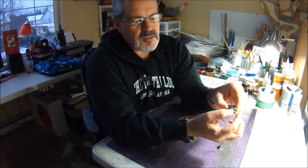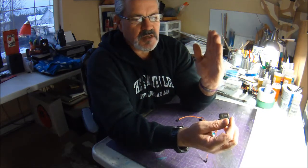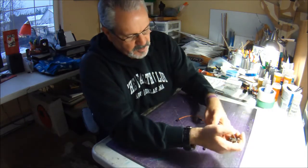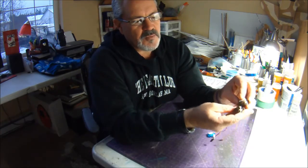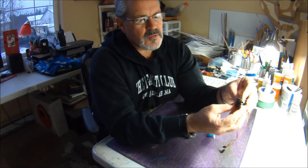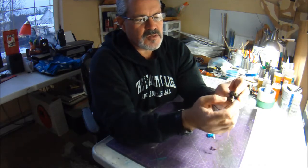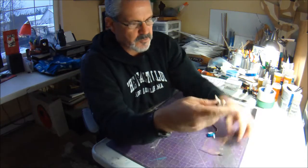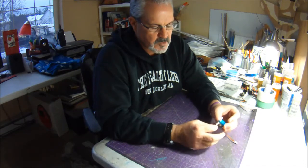And what it also does, I've found, is it helps with resolution, with small stick movements, the movement tends to be a lot smoother than if I put the attachment way out here. And like I said before, I don't fly with a whole lot of control surface movement, so this allows me to have good feel and resolution by having the push rod close to the actual servo. So these are brand new. I just took these out of the packaging for this video,